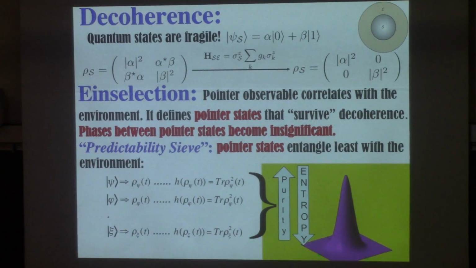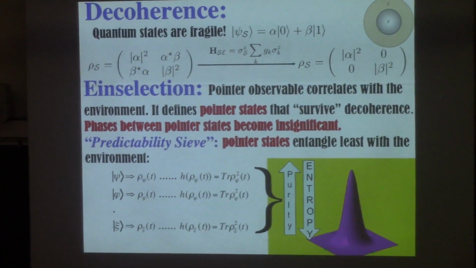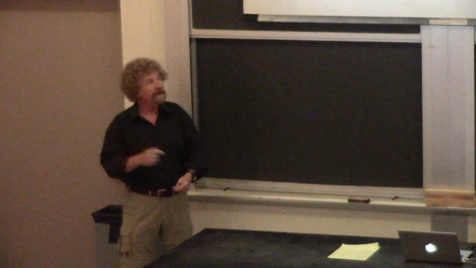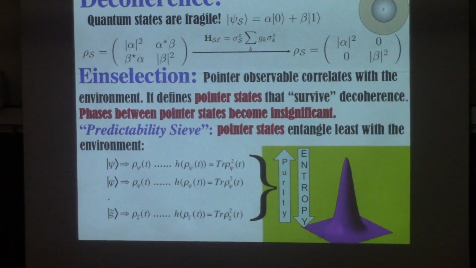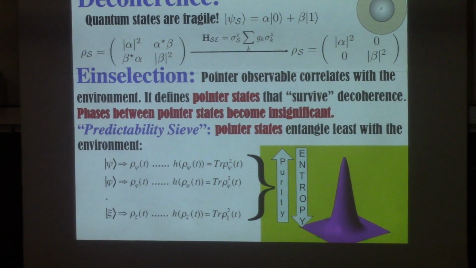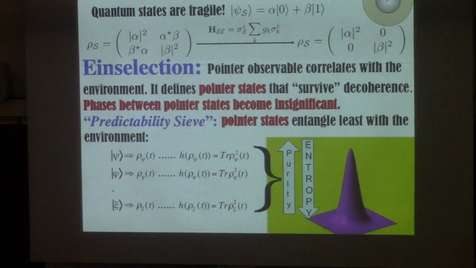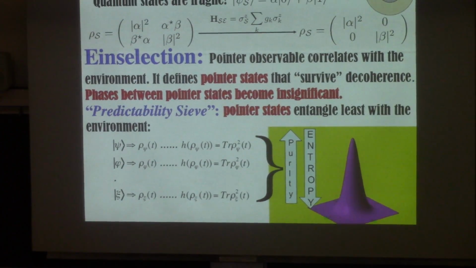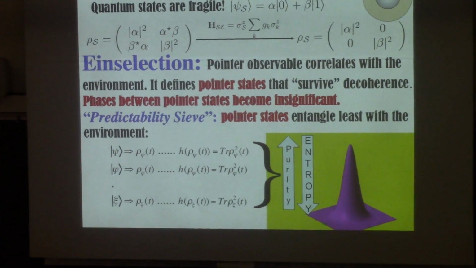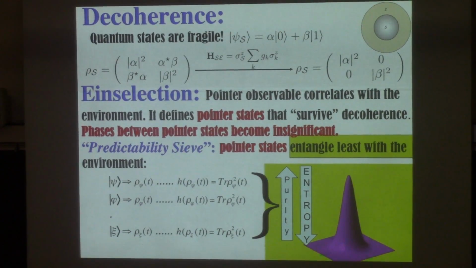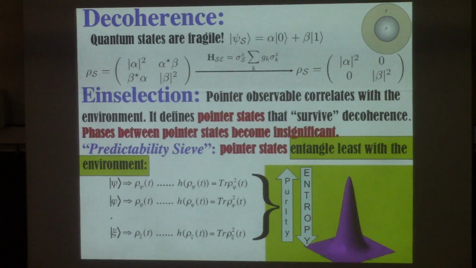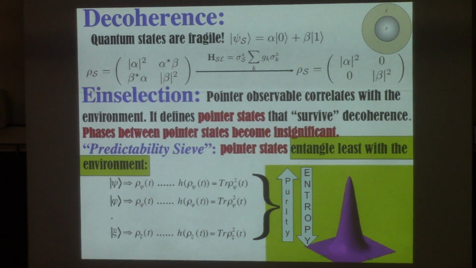You want to look for states which are predictable. Entropy doesn't increase, purity doesn't get lost. You are not guaranteed you're going to find them. There are environments with coupling such that you won't get anything good. Well, I think enough. So, states that entangle least with the environment are the ones which are candidates for classical